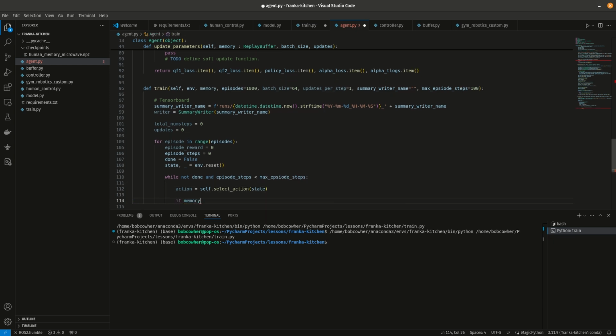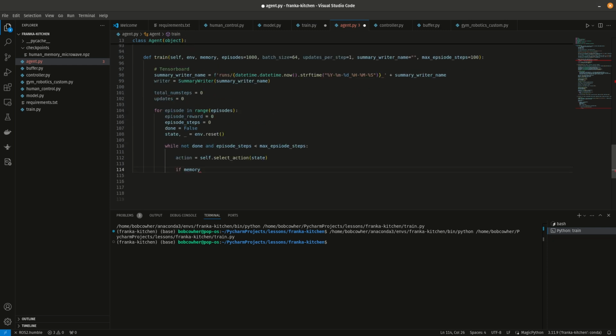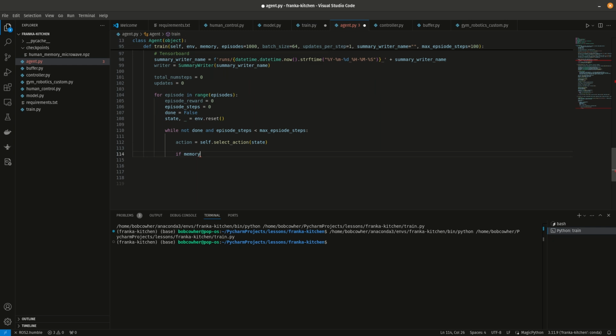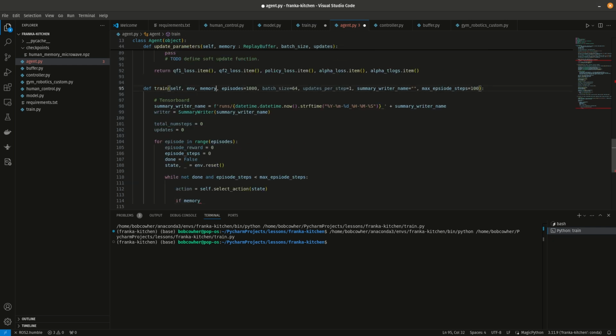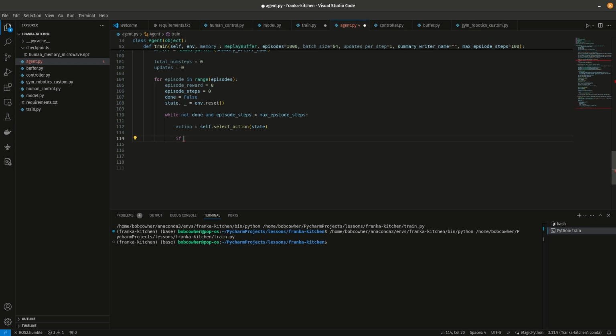So basically, we've got one loop, the train loop, that actually does the training. If you recall earlier, we built functionality into the memory class, the replay buffer class, so that it could tell us if it's able to sample. So this is where we're going to use that. This is another place where we're going to annotate that this is a replay buffer, so that we get our helpful hints here. So now I can say if memory.can_sample(batch_size=batch_size),